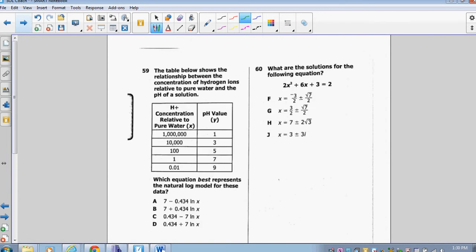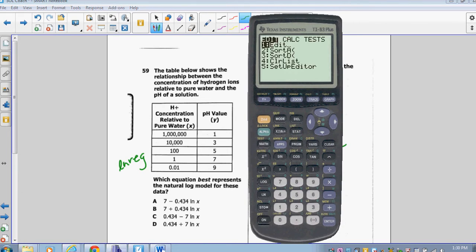Alright, so for 59, we are going to put this in our calculator, and we are going to do an ln reg. And then for 60, we may want to do that on the calculator as well, or we might want to use your quadratic formula. Alright, so let's get the calculator ready. Stat, edit. And to clear your list, you go to the title and press clear, enter, and up to the title, and press clear, enter. And in list 1, we're going to put 1,000,000